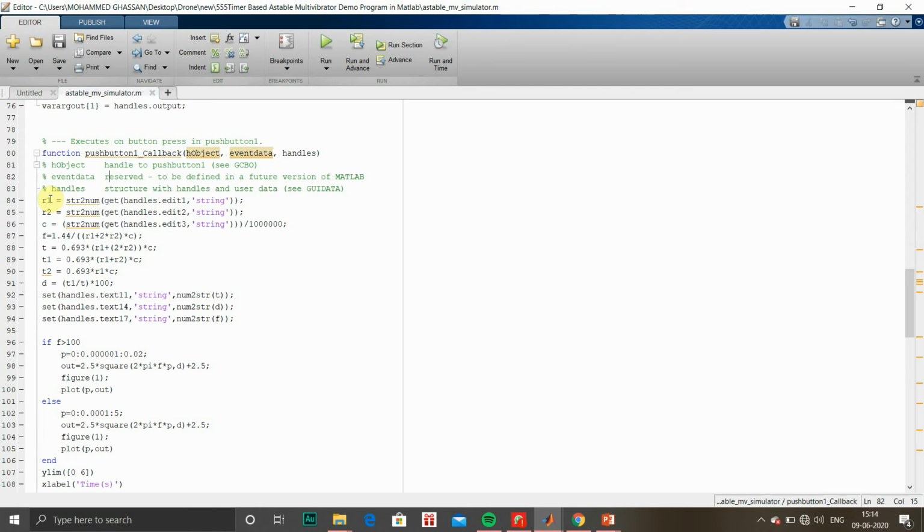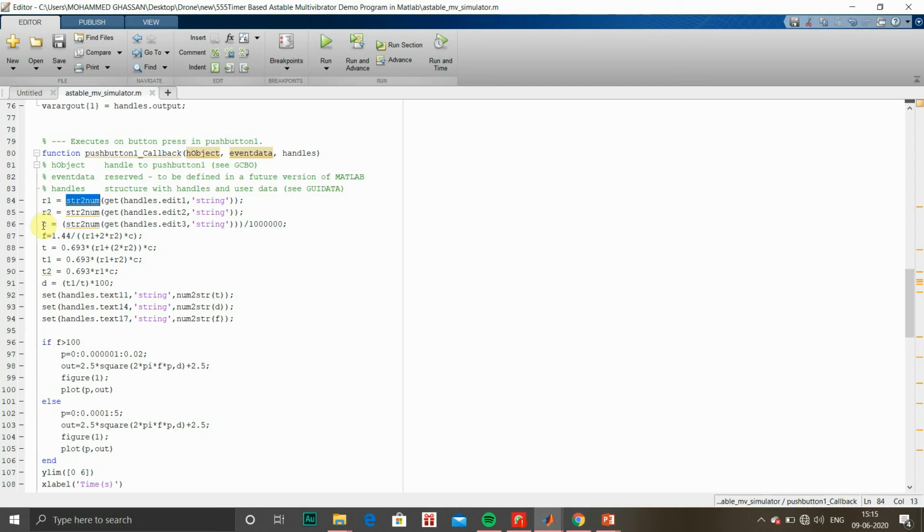It will start with R1, R2 and RC, line numbers 84, 85 and 86. For 84 and 85 we are asking for the input of resistor values R1 and R2, and we have to convert from string. So we'll use the MATLAB inbuilt function str2num and convert it to R1, then convert the other value to R2.